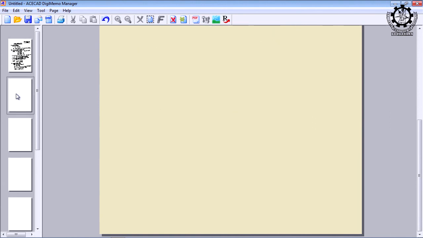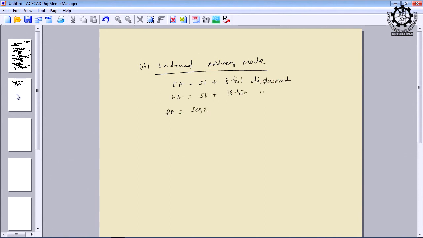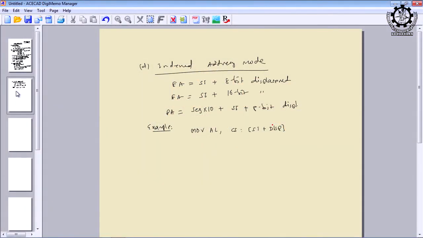So, the next one is indexed addressing mode. So, how do we identify that this is indexed addressing mode? While computing the effective address, if you are using SI or DI, from that you will understand it is indexed addressing mode.